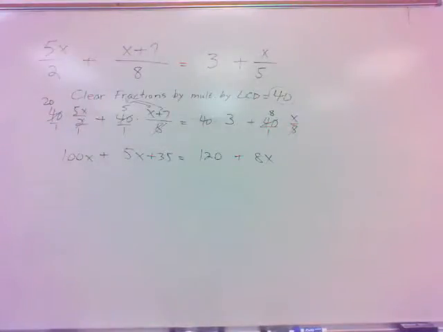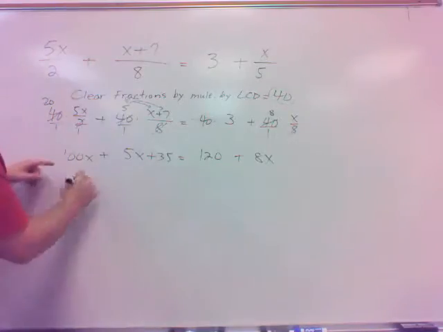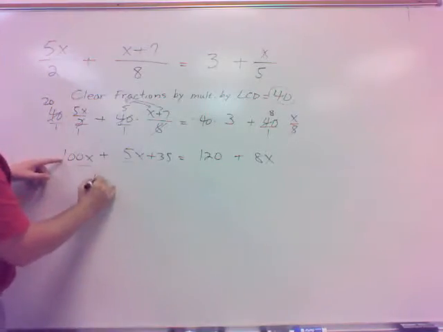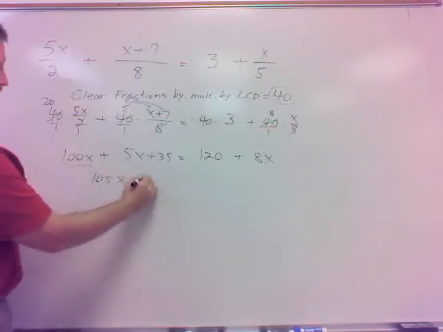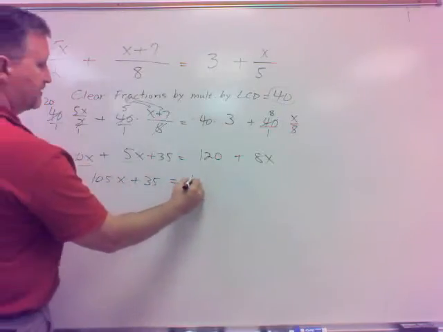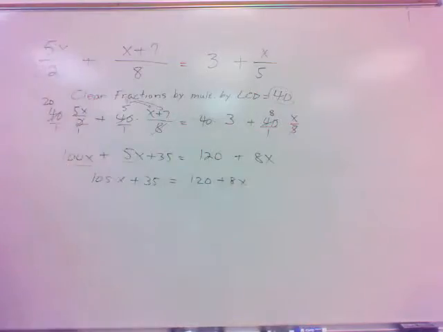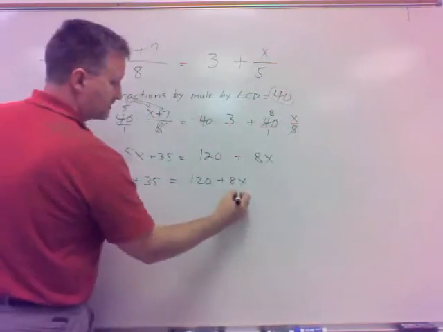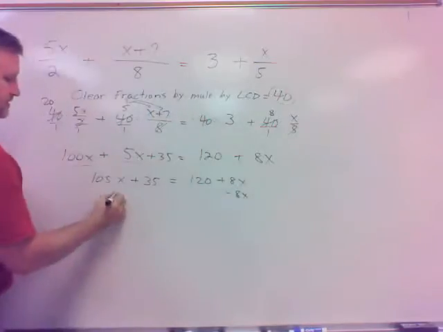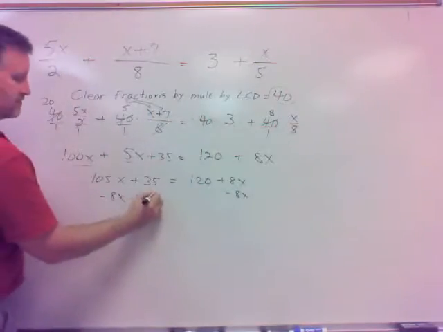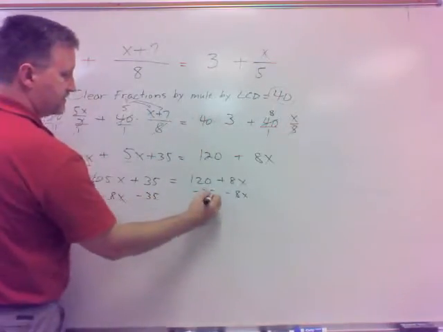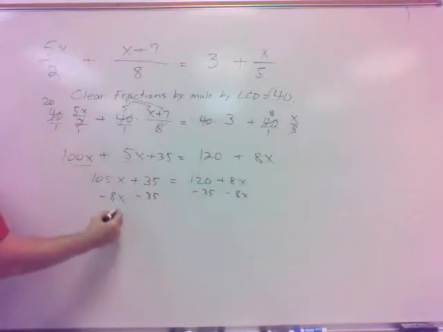So now we have our regular run-of-the-mill linear equation. Get the x's on one side. Of course, here we've got like terms, so let's do that first. 105x plus 35 equals 120 plus 8x. We need the x's on one side, the constants on the other. So I'm going to subtract my 8x from both sides. Then I'm going to go ahead and subtract my 35 from both sides. And that'll get me